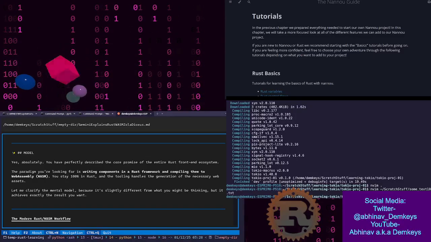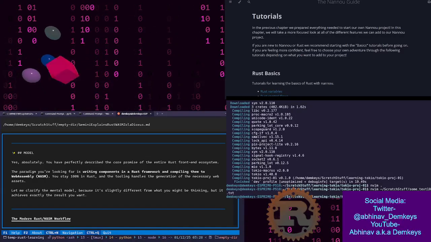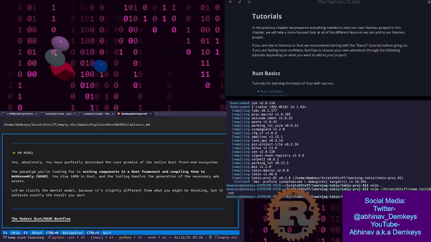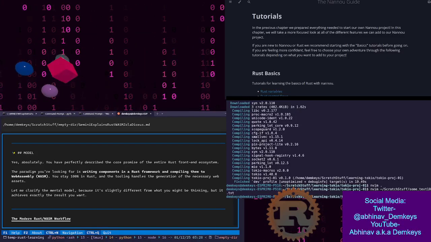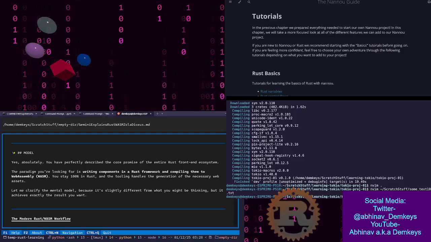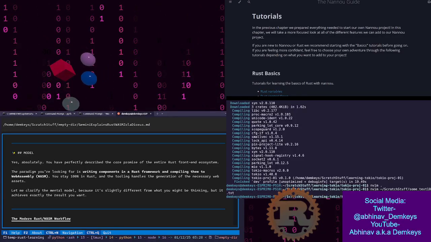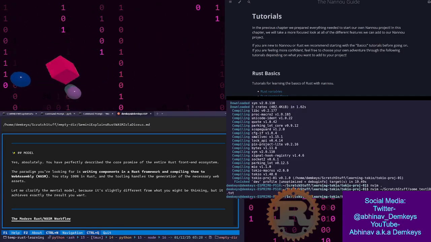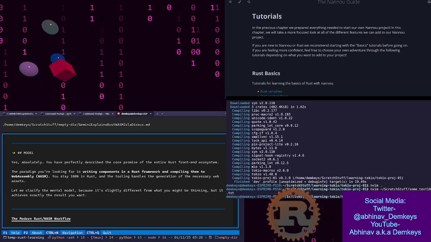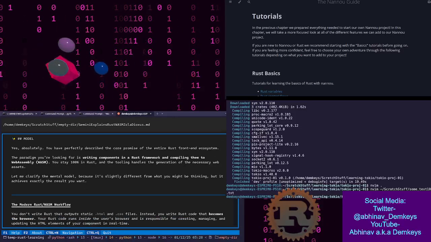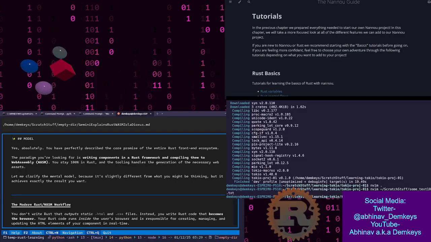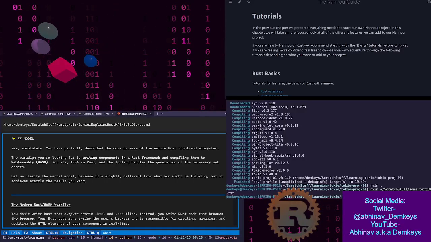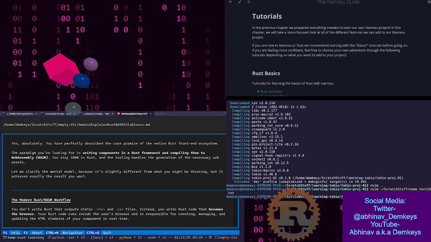You have perfectly described the core promise of the entire Rust front-end ecosystem. The paradigm you're looking for is writing components in a Rust framework and compiling them to WebAssembly. You stay 100% in Rust, and the tooling handles the generation of the necessary web assets. Let me clarify the mental model because it's slightly different from what you might be thinking, but it achieves exactly the result. So at this point,